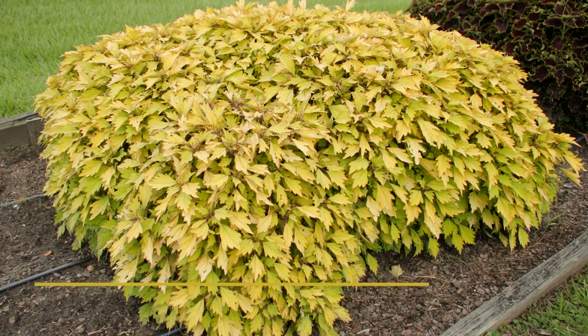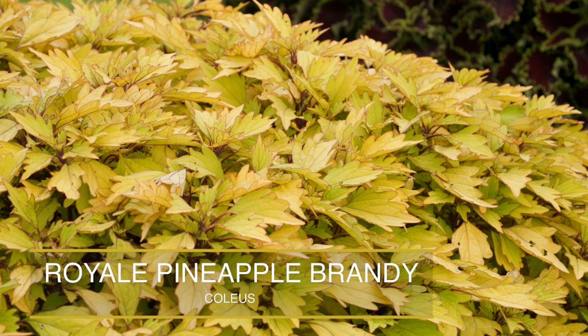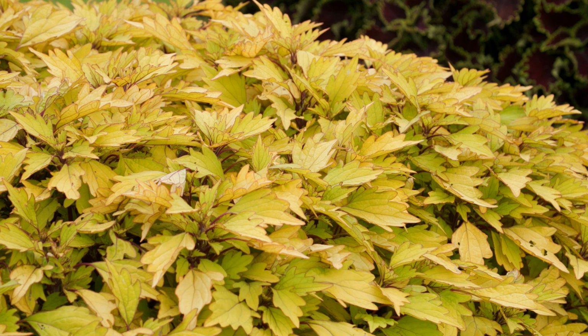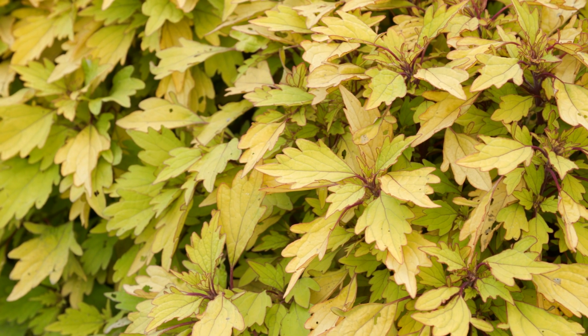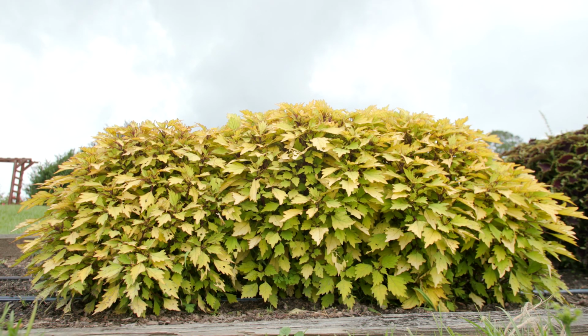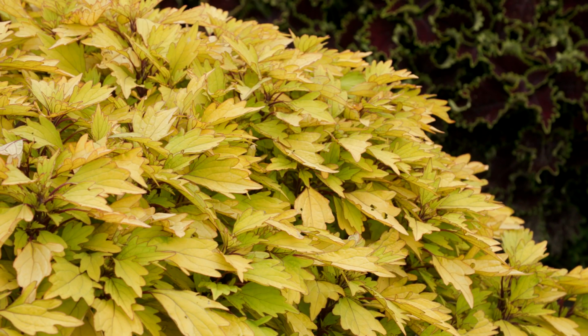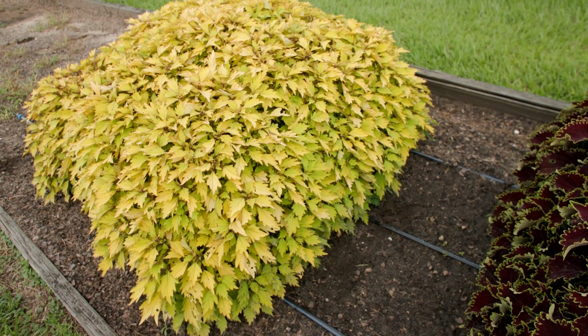Royale Pineapple Brandy is a true attention grabber with its bright chartreuse-yellow foliage and deep burgundy veins. The scalloped and textured leaves seem to glow, making this compact, well-branched coleus a brilliant choice for garden beds. It typically grows 18 to 24 inches tall and wide, offering bold contrast and reliable color from spring through fall